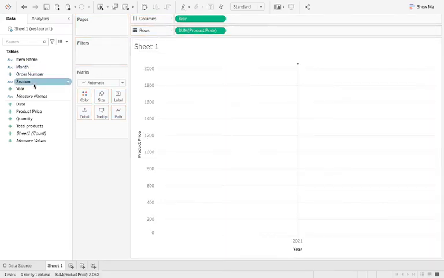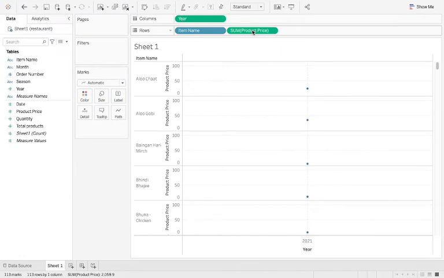If you see, I'll just add my item name here. Alright, so I have this year column. Now say for example I want to have this year, and under year, say I want to have month also and I want to have date also. So that is where we use the hierarchy part.